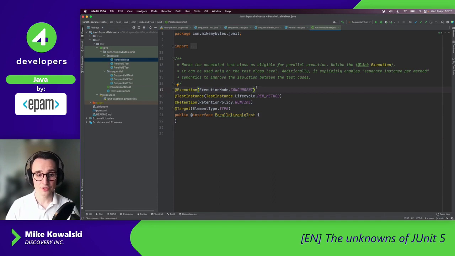But contrary to what was there for the original execution annotation, we are now limiting its applicability only to the types, so only to the test classes. So this way, it prevents us from overusing this annotation or using it in many places where it's not really needed. Also, another thing is that we explicitly say that we want a special test instance lifecycle type, which is